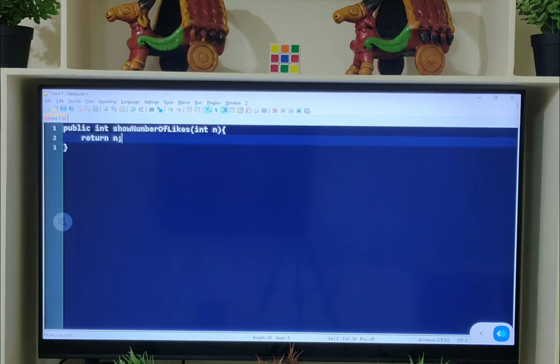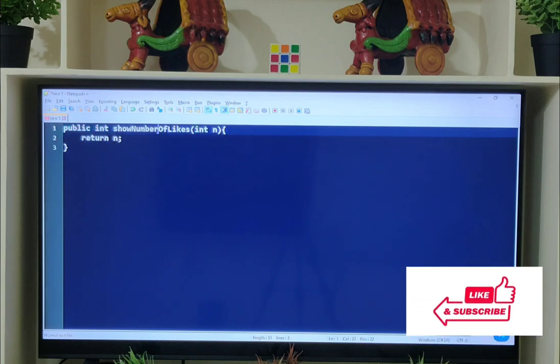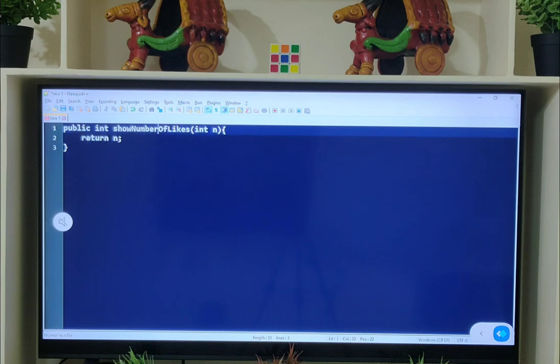So here the show number of likes method is returning an integer value, and the same method has access modifier public, and this method is taking a parameter n which is of type integer, and even it has one statement which is surrounded in curly braces. This statement has a return keyword. Now let's see how to convert this above function into a lambda expression.